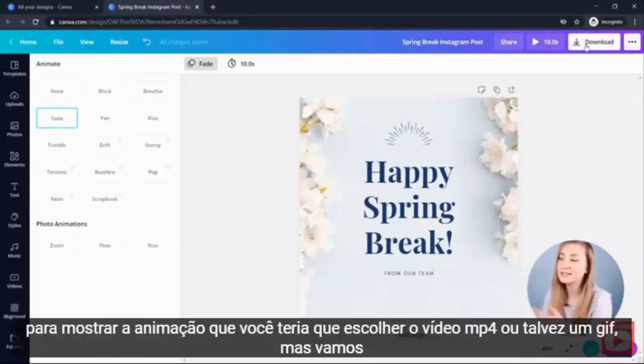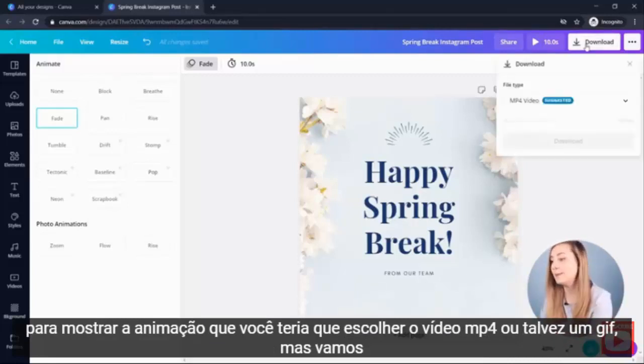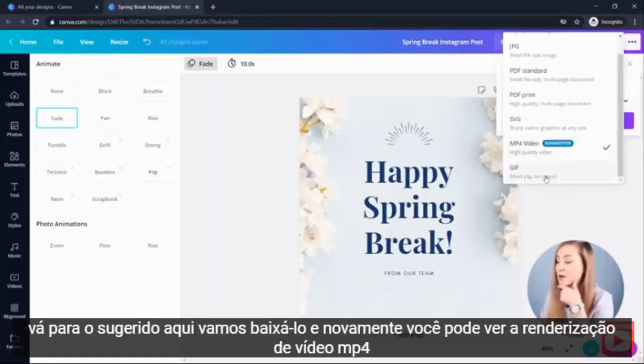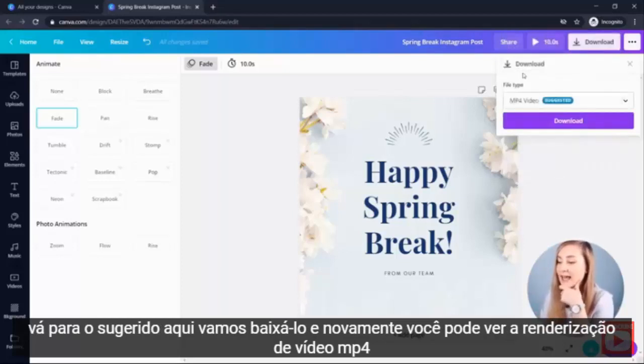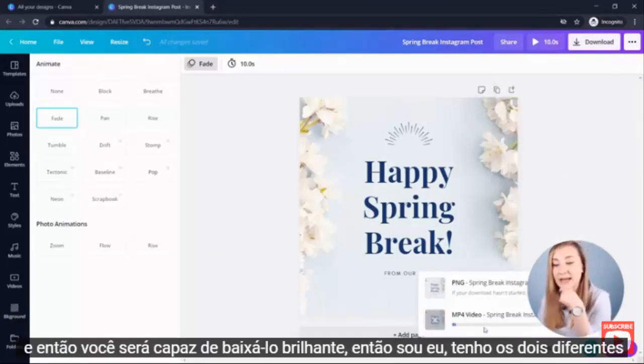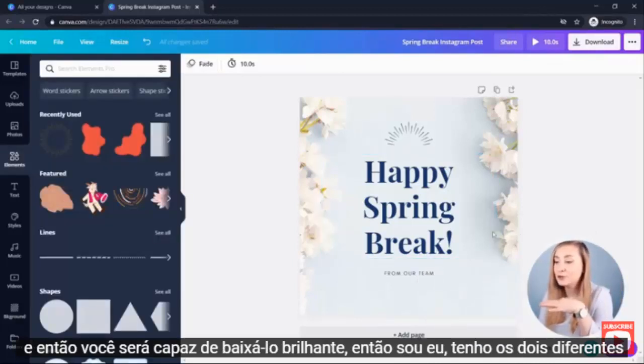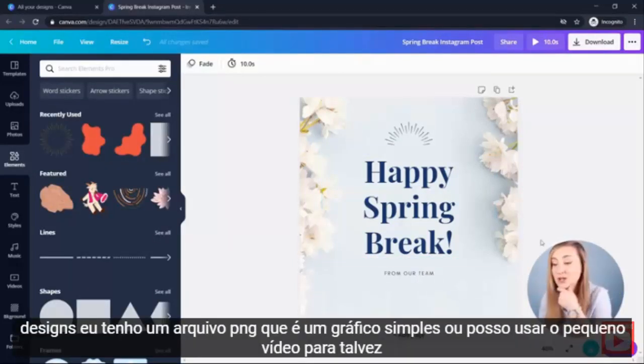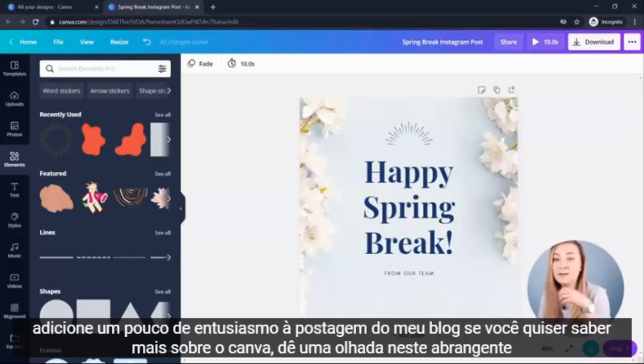And if you want to export it so it shows the animation, you would have to choose the MP4 video or maybe a GIF, but let's go for the suggested one in here. Let's download it, and again you can see the MP4 video rendering, and then you'll be able to download it. Brilliant, so that's me done. I've got the two different designs. I've got one PNG file, which is a simple graphic, or I can use the little video to maybe add a bit of oomph to my